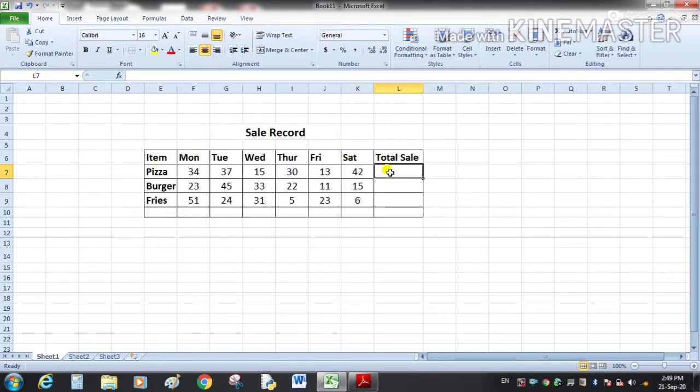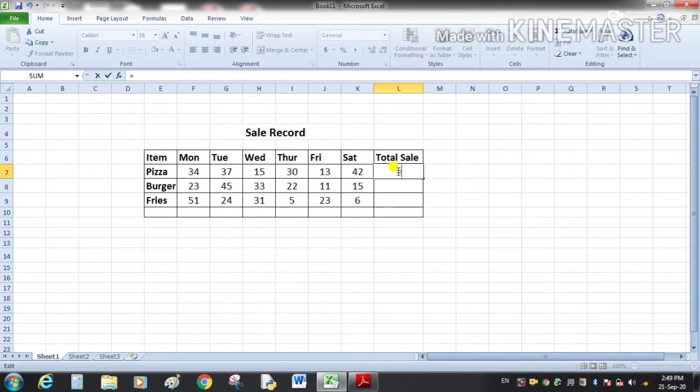Now we will write the formula in this cell. A formula always starts with the equal to sign. After selecting this cell, we can write the formula here, and we can also write it in the formula bar here. So I am writing the equal to sign.